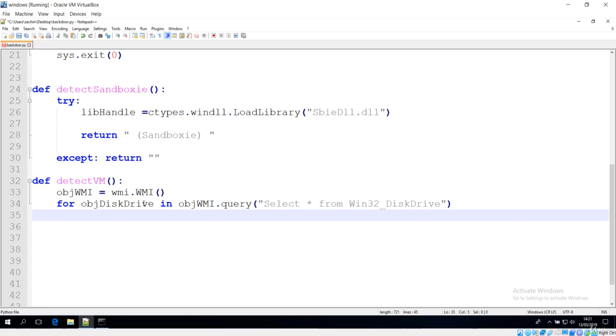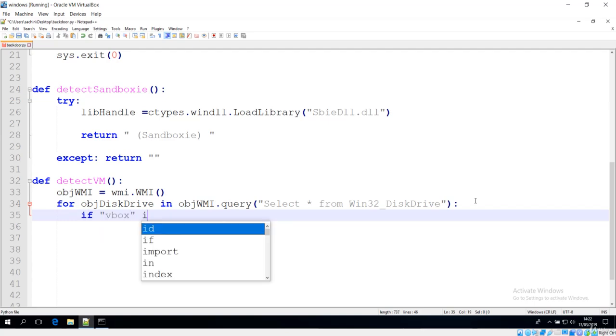Next, we give a tab again here, because we are inside this for loop. I've just left out the colon, so let me give the colon and the tab. Now over here we have to get the VirtualBox. So if virtualbox is in, basically we want to source the information of a VirtualBox in this object disk drive.